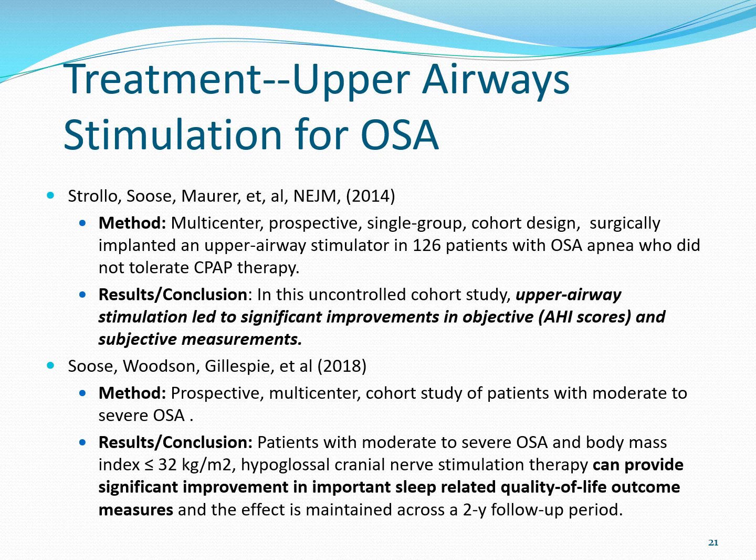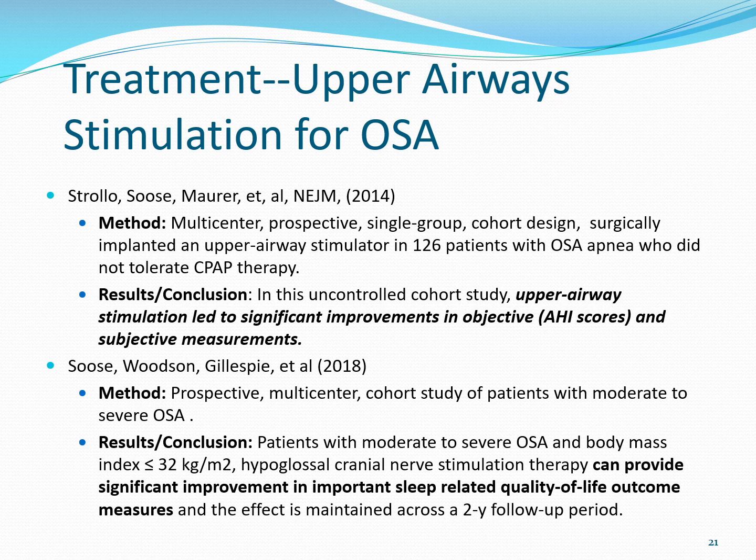So the method was a multi-center prospective single group cohort design. And they looked at this surgically implanted upper airway stimulator, 126 patients. Let me cut to the chase. The results or the conclusion, it was uncontrolled. So it wasn't like they compared the one group that got the upper airway stimulation to another group that didn't. This was the initial study. So they just looked at the 126 that got the intervention, but they actually looked at improvements in their results. So they determined that the upper airway stimulation led to significant improvement in their apnea hypopnea scores and subjective measures,